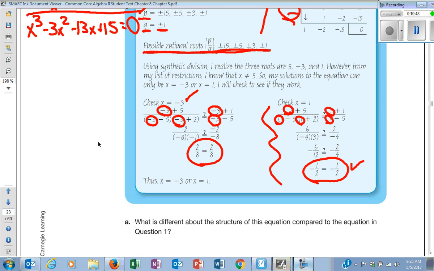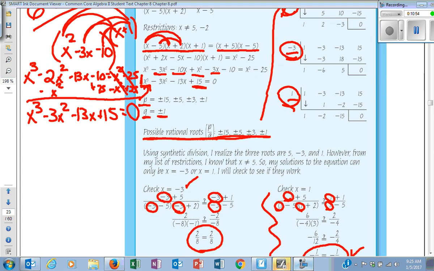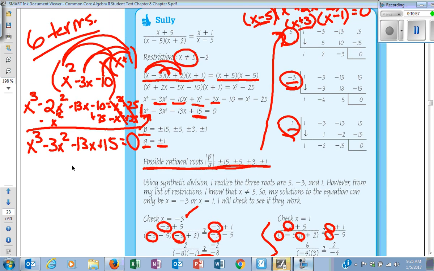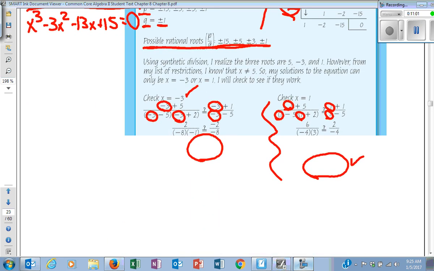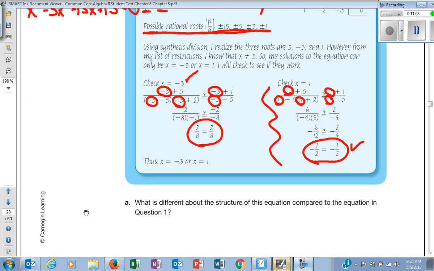So how come he didn't check 5? Because already at the beginning, we knew 5 was out. It was part of my restrictions. So you do have to check even the ones that aren't part of the restrictions, because there are things called extraneous solutions, which means it looks like they would work, but maybe a sign somewhere in there got mixed up